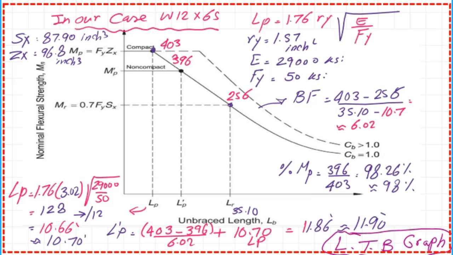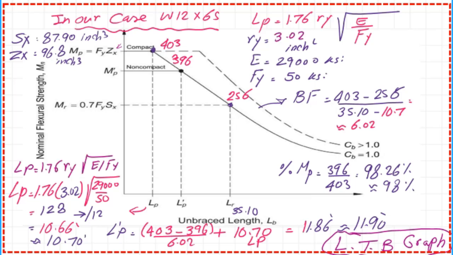In the next slide, when the bracing distance, or the distance between bracing, equals 0, then the M nominal should be equal to M plastic based on the lateral torsional buckling graph. But for our case of section W12 by 65, due to that non-compact section, the M nominal is less than M sub B. We need to adjust the graph by reducing the MB value to a lesser value. We call it MB dash. We get the slope of the graph, and the LB value will be increased as we will see.